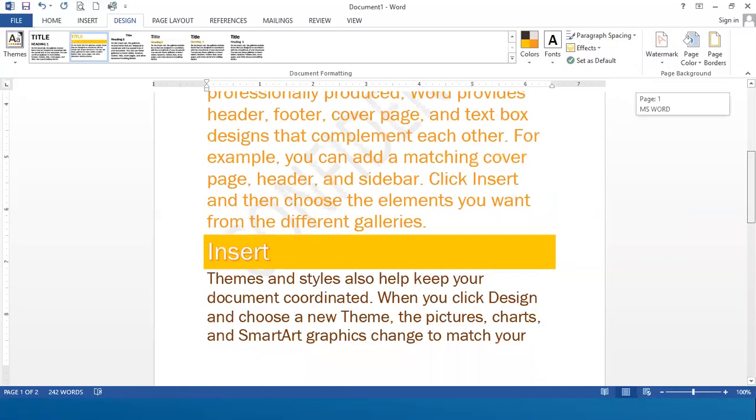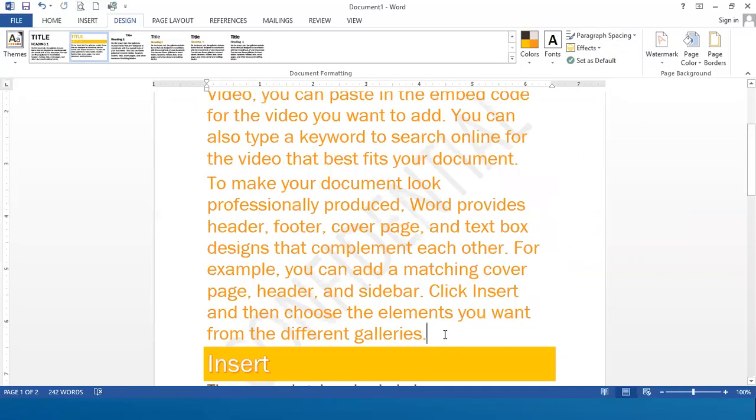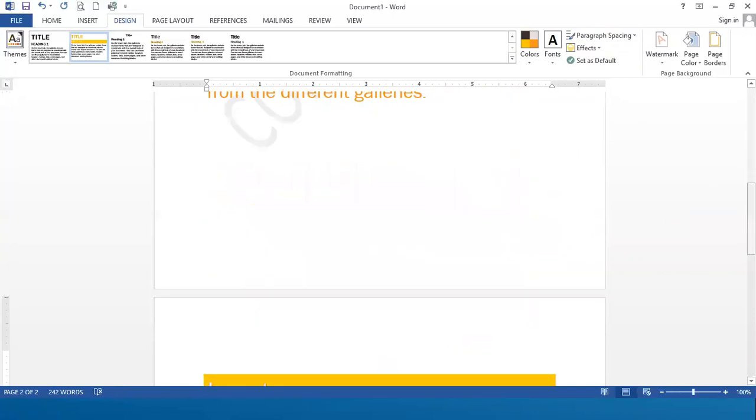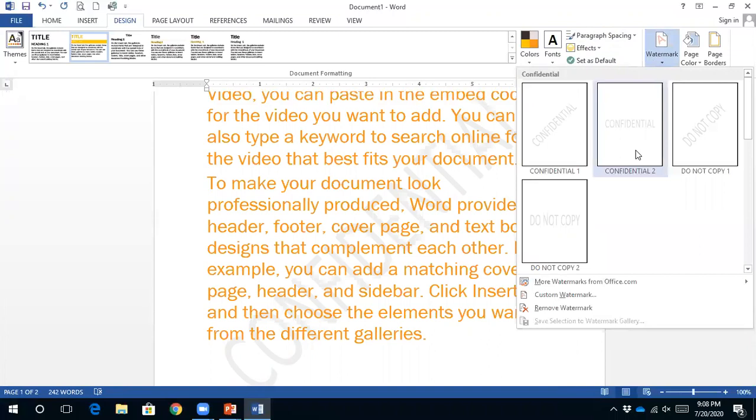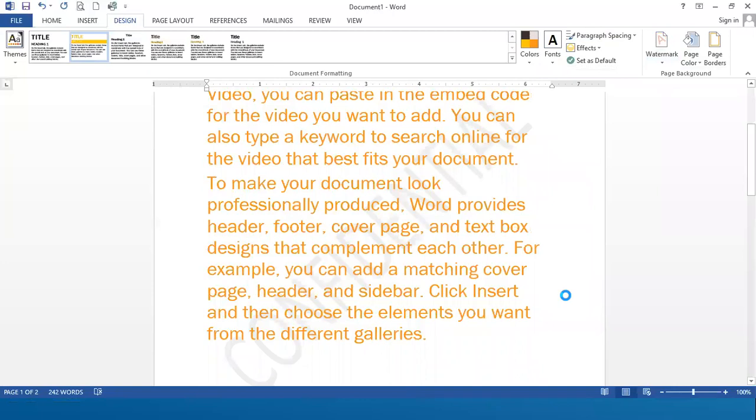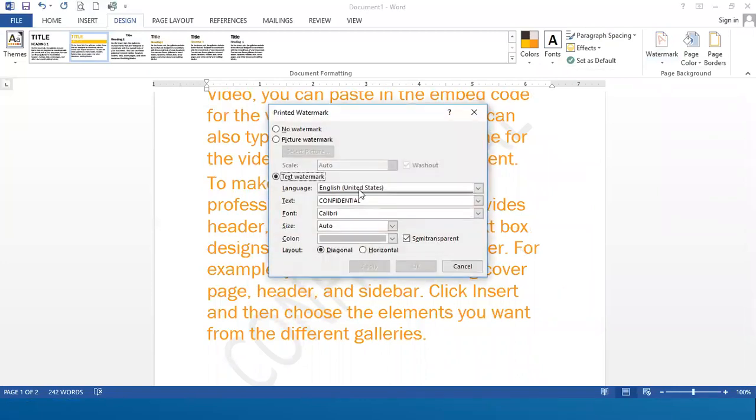You can see on the background of my page, there is a watermark available, which is written as confidential. If I want to change this text, I can change it by clicking on custom watermark. I have clicked on custom watermark. After that I'm writing here, for example, SRBPS online classes.